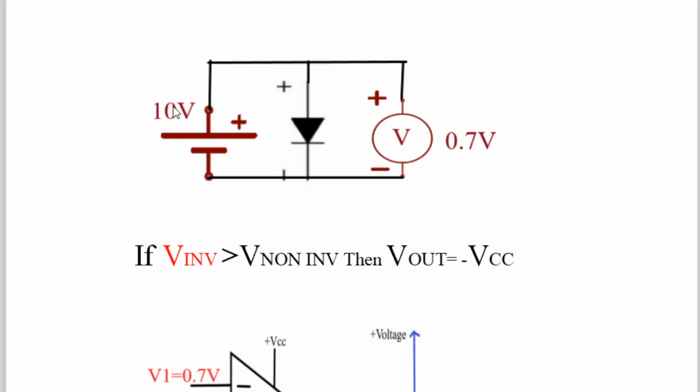Then the question comes, sir, where has the 9.3 volt gone? So the 9.3 volt is the voltage short circuited by the PN junction diode, because it started conducting after 0.7 volt. And this is very simple. You have to remember this, and you are aware of this basic knowledge of electronics. For any PN junction diode, when you forward bias it, after applying 0.7 volt to that diode, the voltage above 0.7 volt of that battery gets short circuited, and therefore the short circuit voltage is 0 volt that cannot be measured at the output in this diagram, and only the voltage called knee voltage or barrier potential will be displayed on this voltmeter. It is 0.7 volt. So this is very simple.